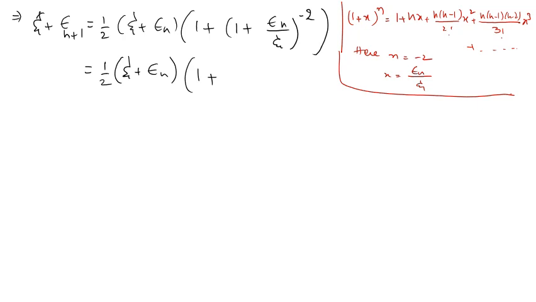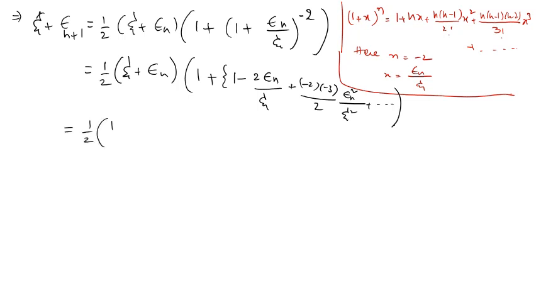So this bracket becomes 1 plus nx, where n is minus 2, plus n(n minus 1) by factorial 2 x square, which means epsilon n square by xi square, and so on, remaining terms. Let me simplify this. 1 by 2 (xi plus epsilon n) multiplied by